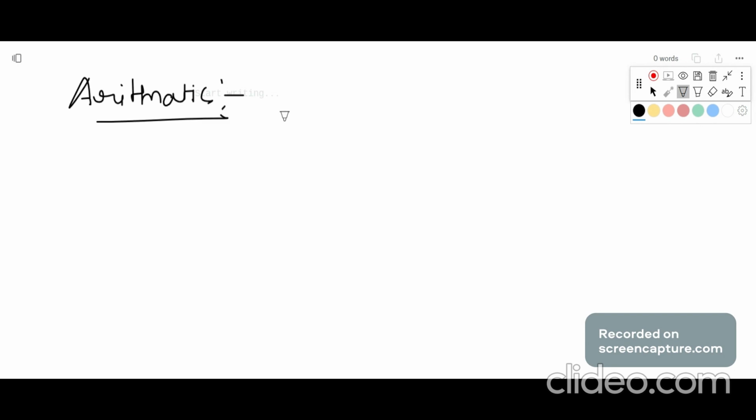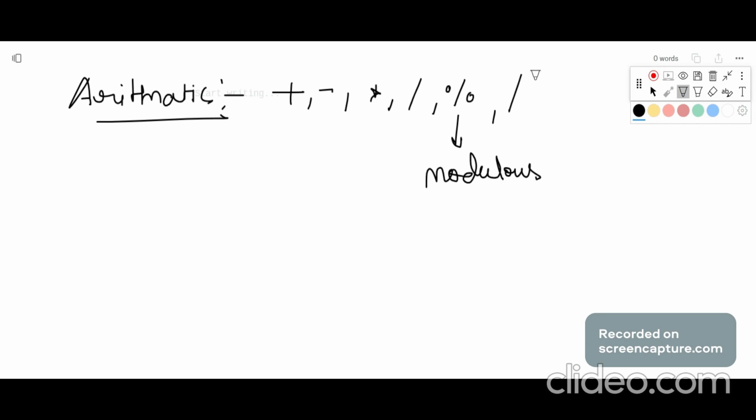Arithmetic operators are basically plus, minus, multiplication, where star is for multiplication, slash is division, and this percentage sign, basically we call this the modulus operator. I will talk about this modulus, and after that there is another thing called floor division.